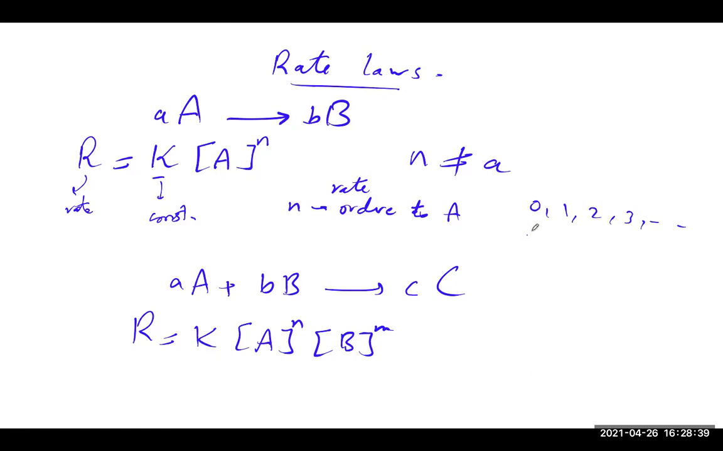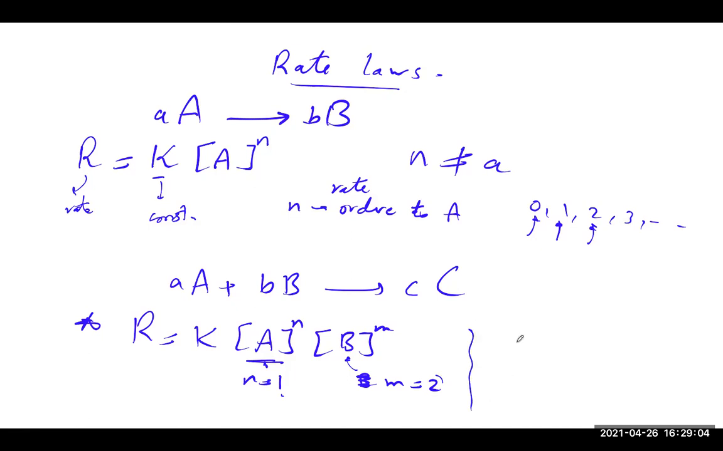Okay, if it's 0, it will be zero order. If it's 1, it will be first order. If it's 2, it will be called second order, and so on. So if we're talking about the second reaction here, we have N equal to 1 and for B, which is M, equal to 2. So it means that the reaction is first order with respect to A and second order with respect to